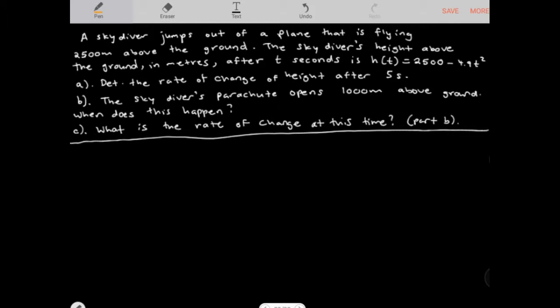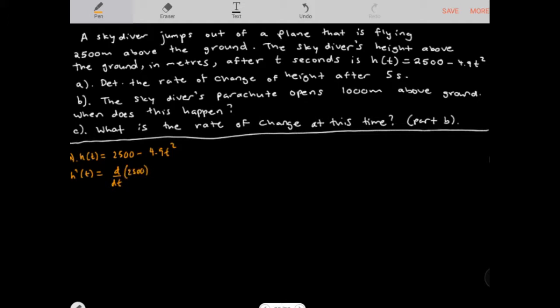If you want to determine the rate of change of height after 5 seconds, we're basically finding the instantaneous rate of change at 5 seconds. So your function here is h(t) = 2,500 - 4.9t². Then h'(t), which is the instantaneous rate of change of the skydiver's height per unit time, is basically the derivative with respect to t,